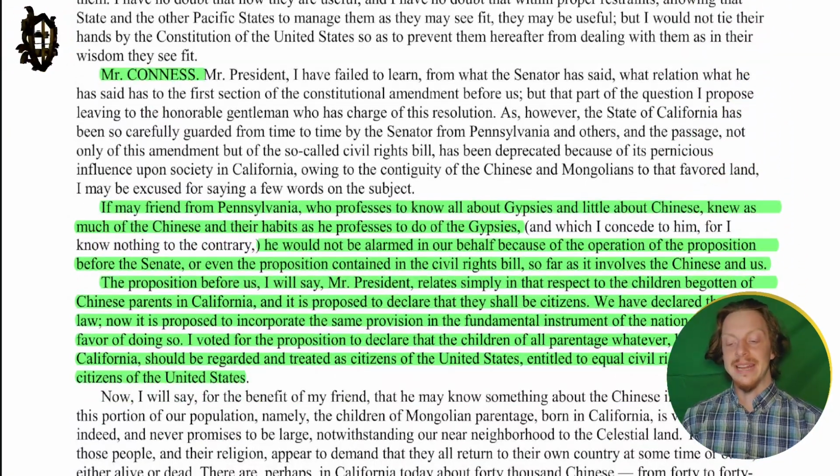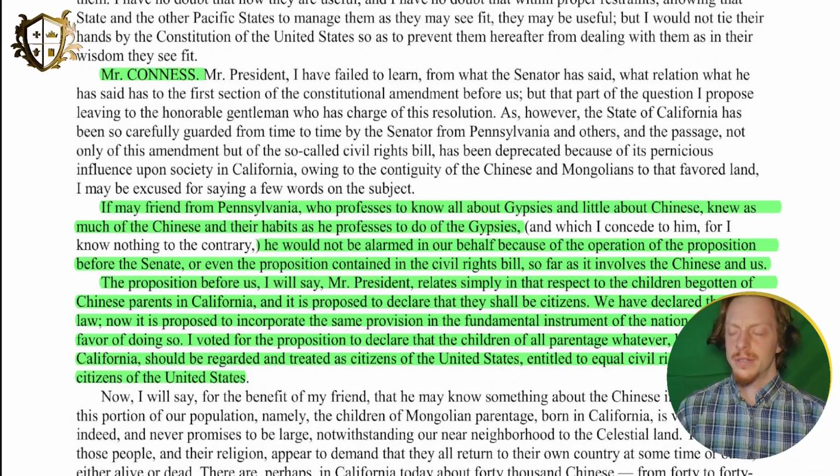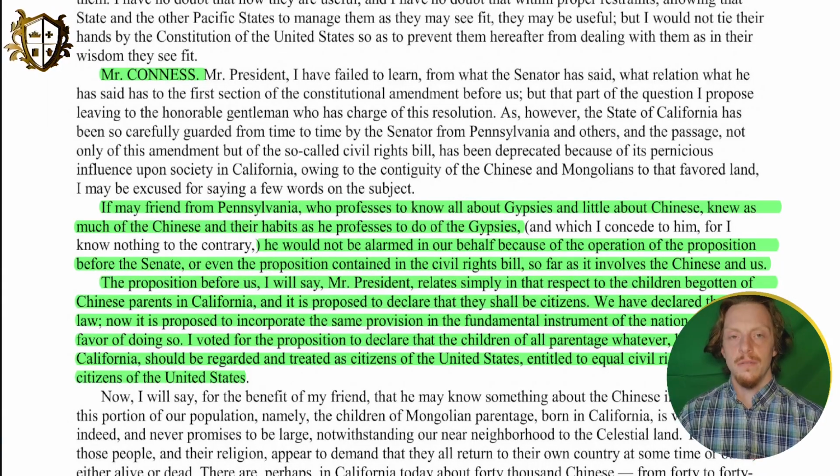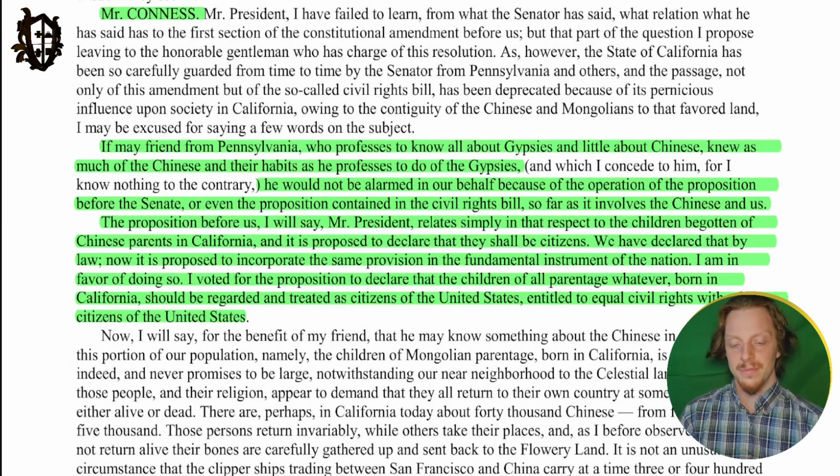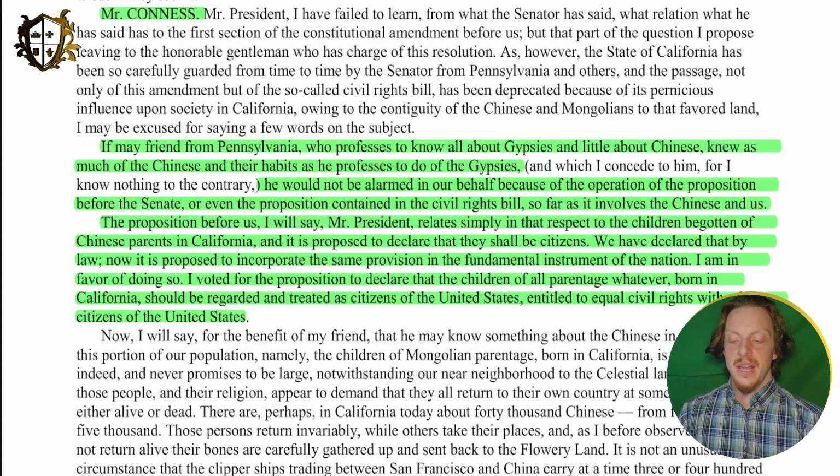So we'll scroll down, and here is Mr. Conness. He's another one of the congressmen affirming the 14th Amendment. He says, and this is just his introduction, so I'm not skipping over important information, this is just his request to speak. He says,